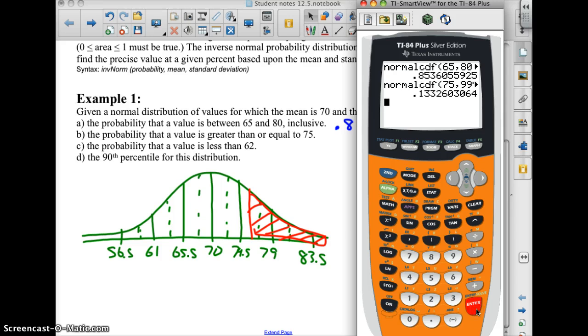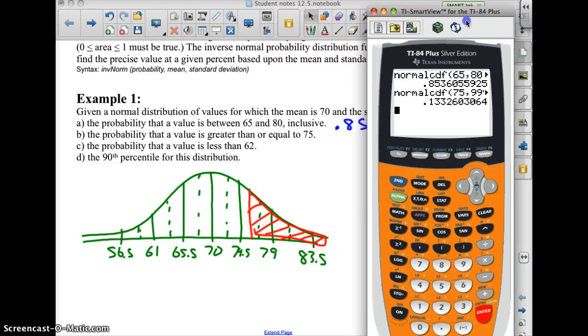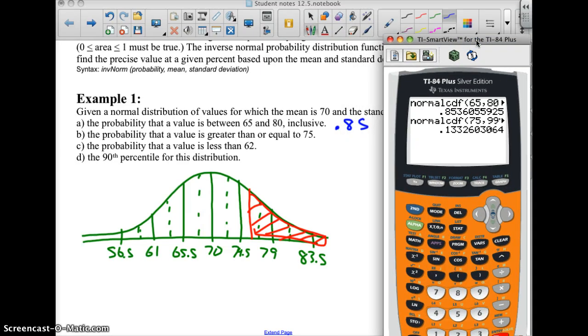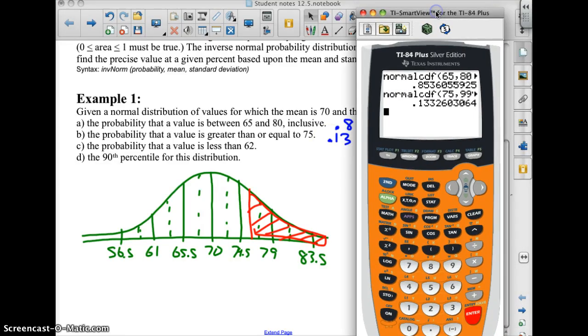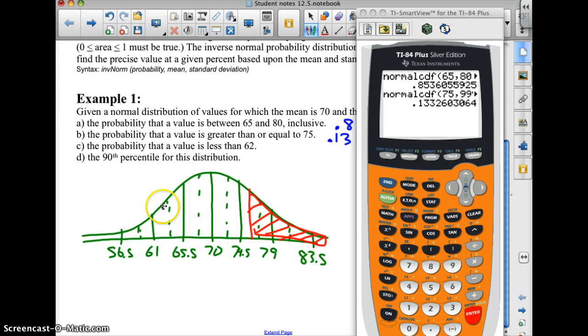Okay, there we go. So the probability somebody scored greater than or equal to 75 is 0.13326, so we'll say about 0.13. Now the probability the value is less than 62. If I refer back down to here, 62 is around in here, and that's all this area. So anything less than 62 is going to be, again,